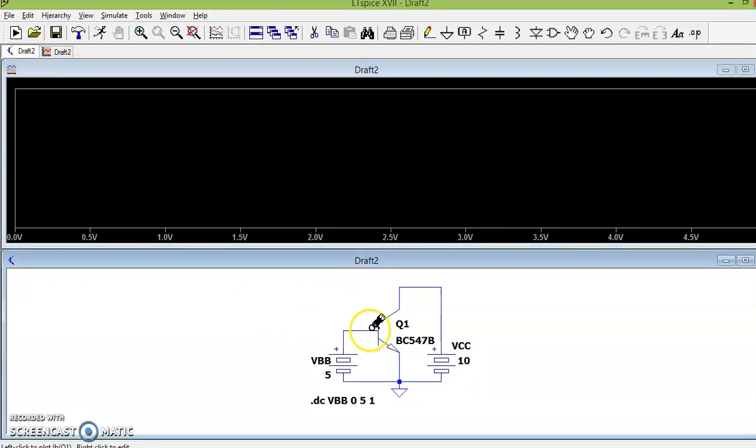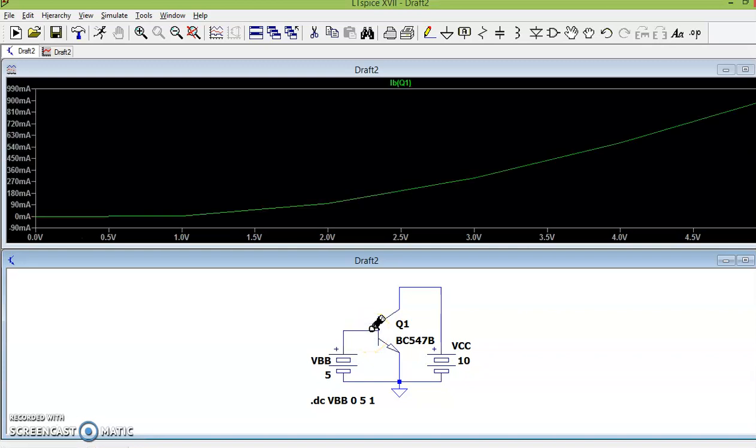Now I have to plot the current. So I have to look out for this kind of a milliammeter tool. So I get this current which is IBQ. So you see after approximately around 1 volt, I get a characteristics change in my current with reference to change in voltage. So that is when my base emitter junction has become forward bias.